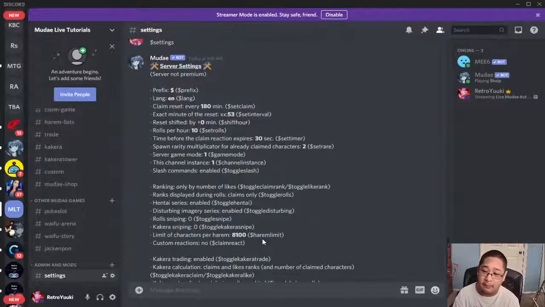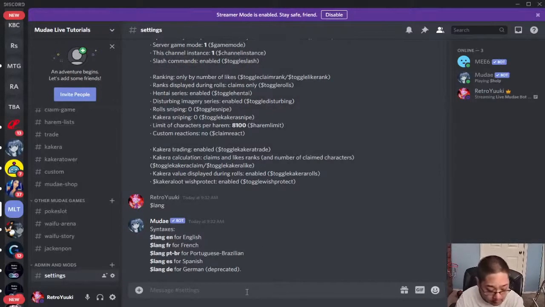Then we have claim reset. Claim reset stands for how many hours or how many minutes will it take for another member to claim another character. By default, it's 180 minutes or 3 hours. But if you have a premium server like I do, you can set it down to as little as 1 hour, 60 minutes, so exact minute to reset. I believe that is a premium command if you want to change it. Let me reset that. To set interval,